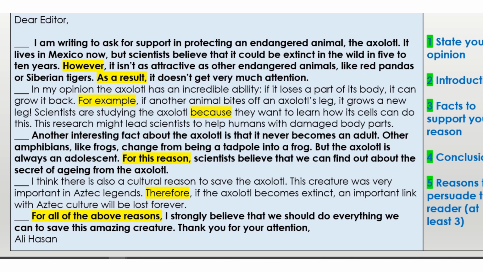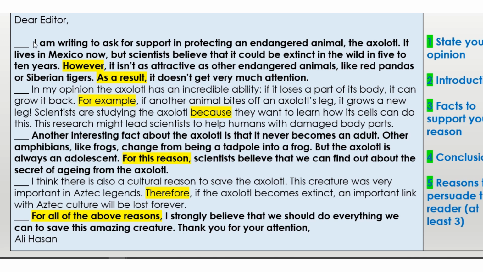Now let's look at task 1. Read the letter below and match the different sections to the right heading. So we have 5 headings here: 1, 2, 3, 4, and 5. Here on the left, number 1, state your opinion. Number 2, introduction. Number 3, facts to support your reason. Number 4, conclusion. And 5, reasons to persuade the reader, at least three reasons. So these are the subtitles here on the right,